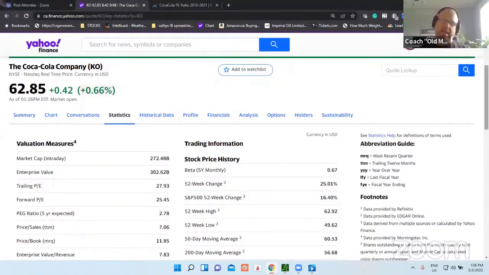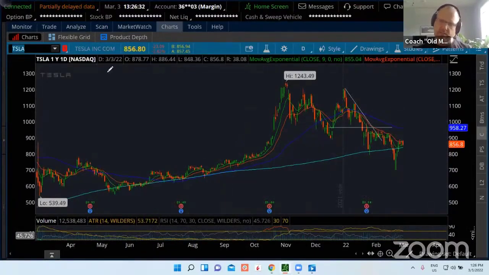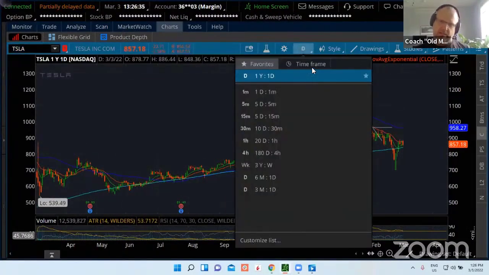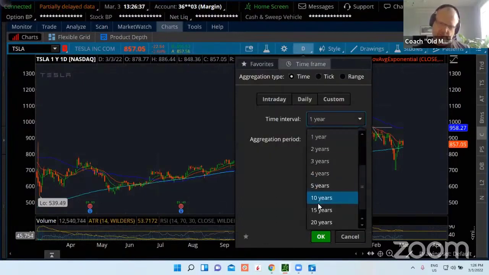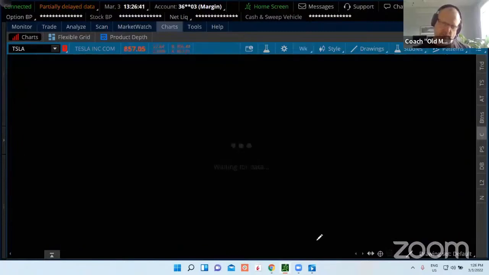So why is that important? Again, if we have earnings where they're not quite making money yet, as Tesla was a prime example, maybe I can show you guys that on the chart here. Let's see if I can go back far enough to see it. Tesla. All right, let's get some data here. We'll go back 10 years. That might be enough. Go back weekly.